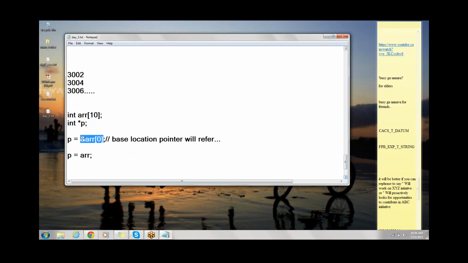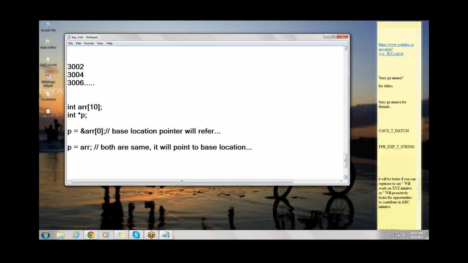Got the point? Both are the same. It will point to the base location. Fine? Right. So now